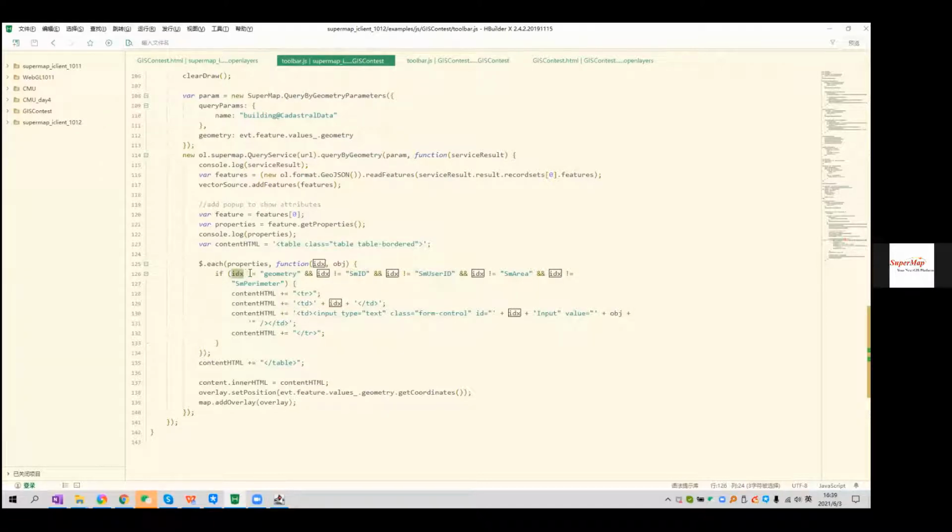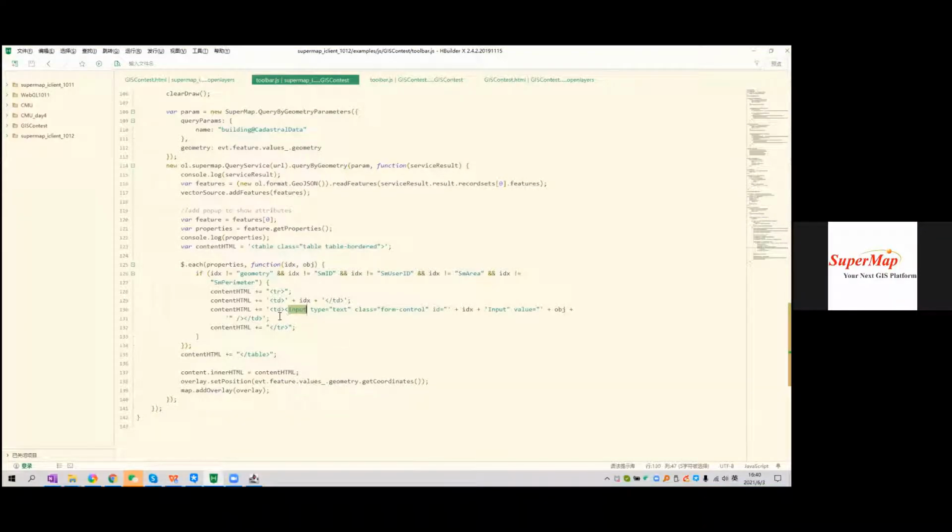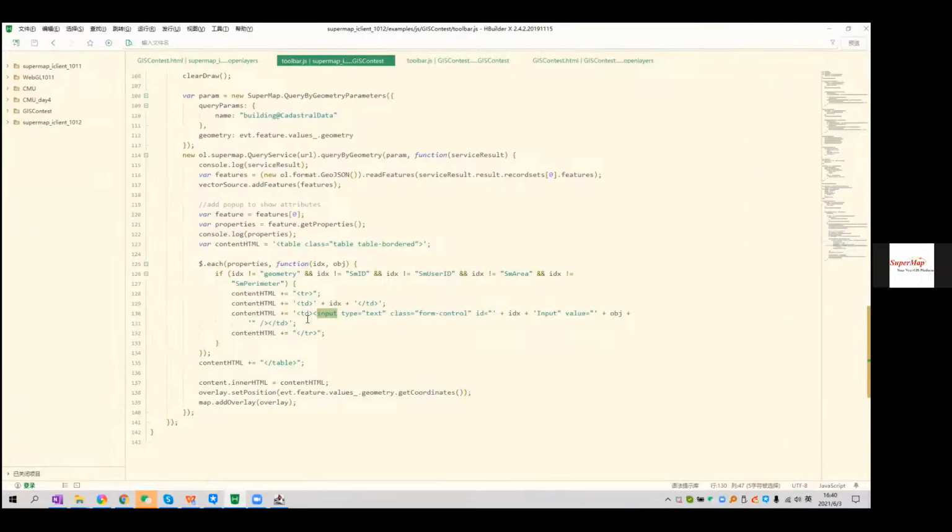So we set an if: if the IDX is not equal to geometry and it's not equal to SM ID, SM user ID, SM area, SM perimeter, then we will add a new line inside of this table. So we can see this is the TR, the start of TR and the end of TR. Okay, and inside of the TR, we add two TD. The first TD,